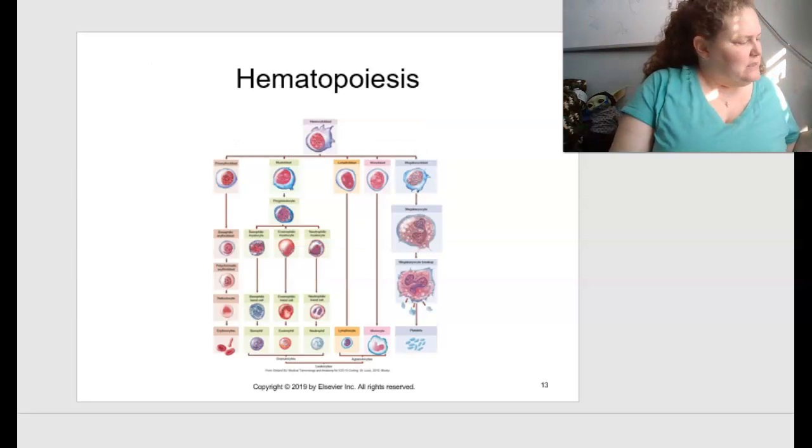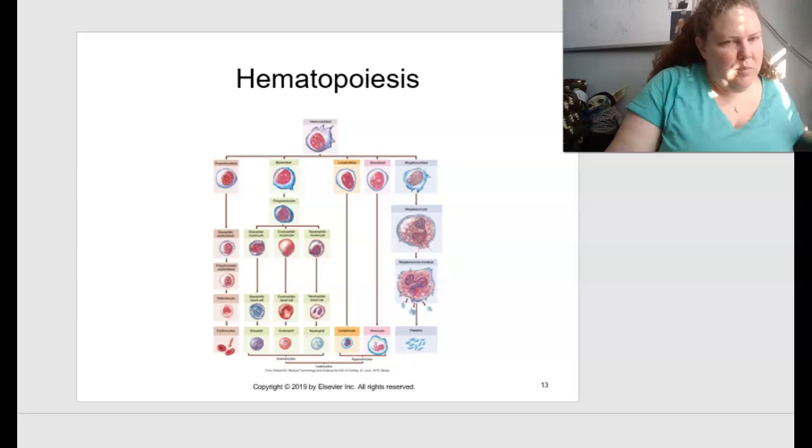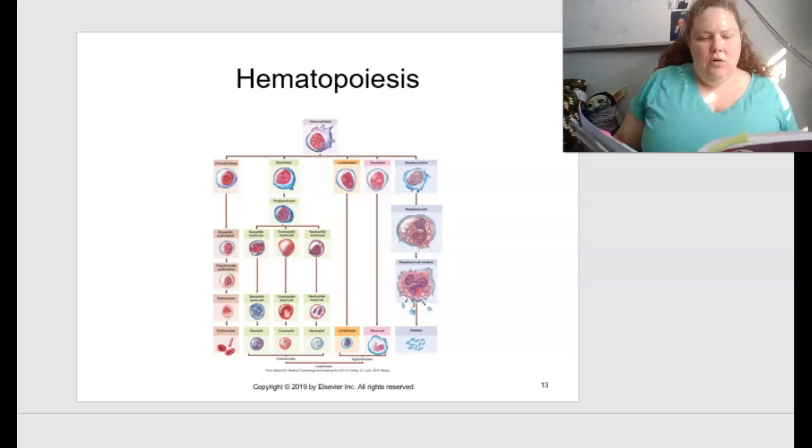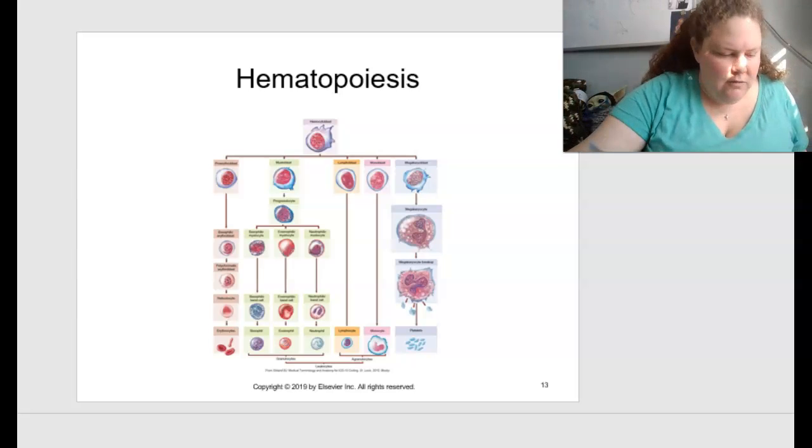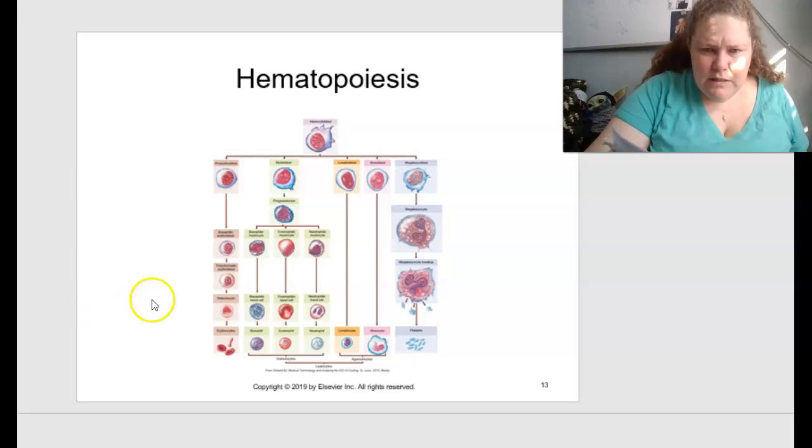Hemopoiesis. This is basically the birth of new cells. And so this is on page 190 in your book, figure 10.5. And so up at the top, you have your hemocytoblast. And then these are going to branch down into these 5 subcategories, which then continue to branch down,